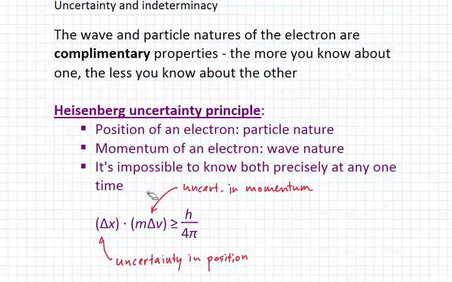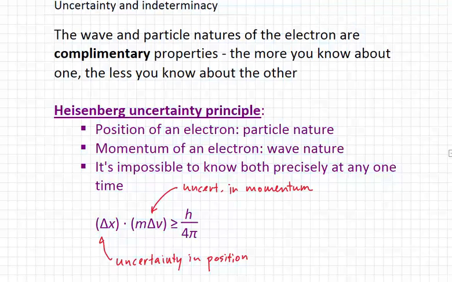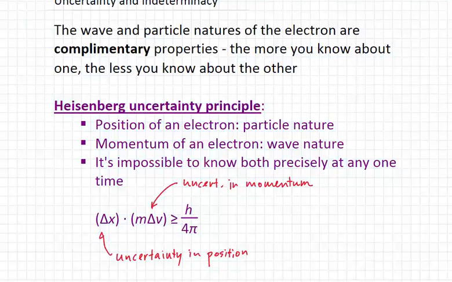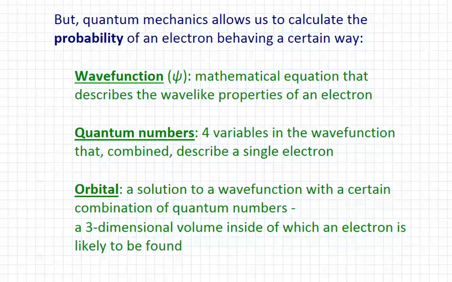Okay? So this greater than or equal to, that's a constant, but that sets up the lower limit of how well we can know both the uncertainty in position and momentum. So that's really all you need to know about that. We'll come back to that a couple of times, and that the better we know one, the worse we know the other. It's an odd property that electrons have, but that's what the Heisenberg uncertainty principle is.